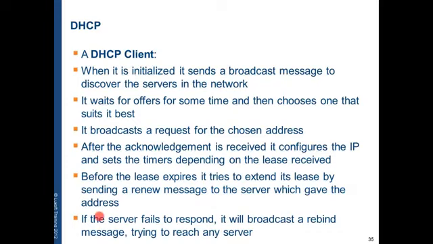If the server does not reply to us with the extension of lease, we try to get an extension from any other server that might be configured in the network. So we send a rebind message, which will be sent broadcast. We send it throughout all ports, just so we make sure that somebody reaches us. Another server may be configured in the subnet, and it may choose not to extend the lease of a client if it is not permitted to.